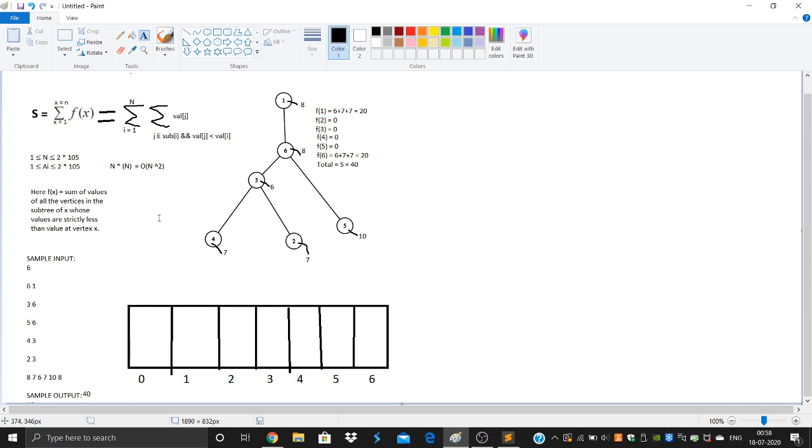So for the 2D array, I used a 1D array and then solved the same problem, from 1D to 2D.